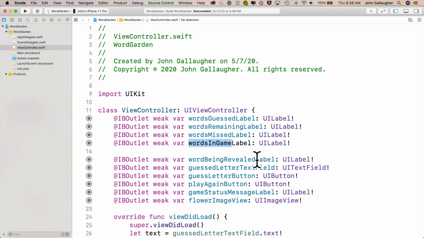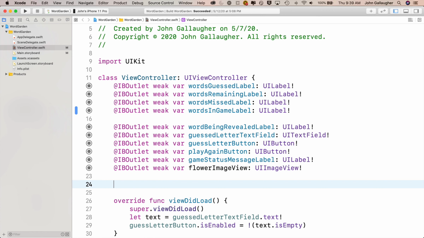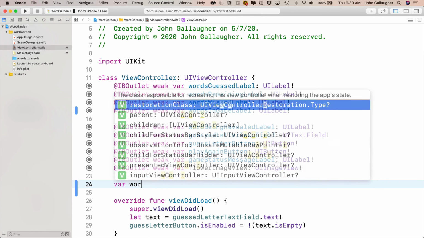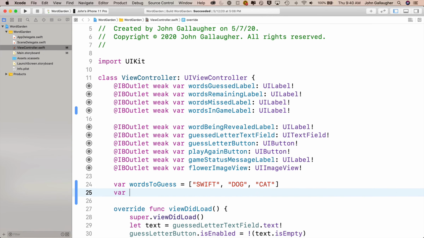We need values for an array of words to guess, and we want to keep track of which word in that array the user is guessing, so let's add those values now. These will be class properties. I'll put them right underneath the IBOutlets, and the first one will be var wordsToGuess equals, and this is an array of strings, so it's in square brackets, and the three strings inside will be Swift, dog, and cat. On the next line, we'll say var currentWordIndex equals 0,